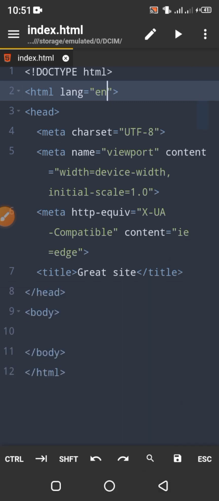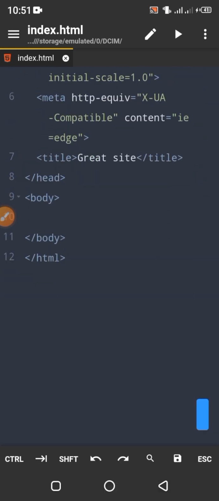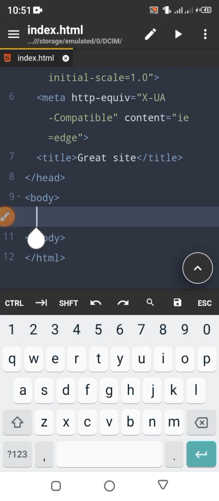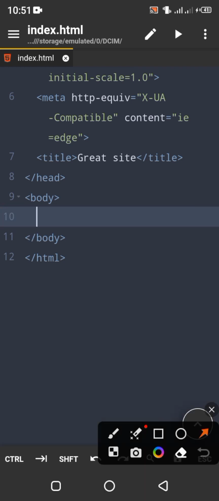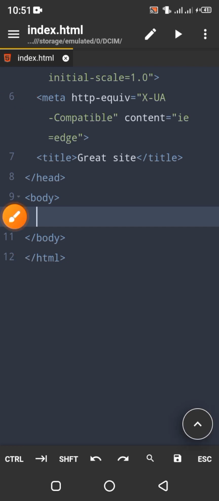Okay, so we have the body section, or the body tag, because all of these are tags. This one is a tag, this one is a tag, this one is a tag, and this one is a tag too. So we have the body tag, and inside here goes every possible thing you can think of that you want to display on this web page. For example, before you've seen a p tag,